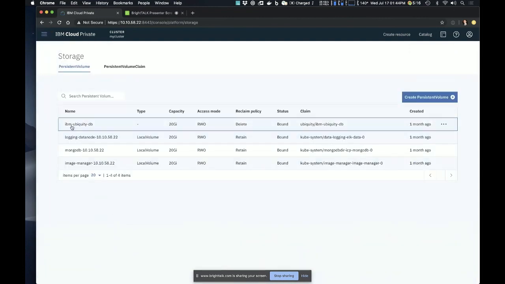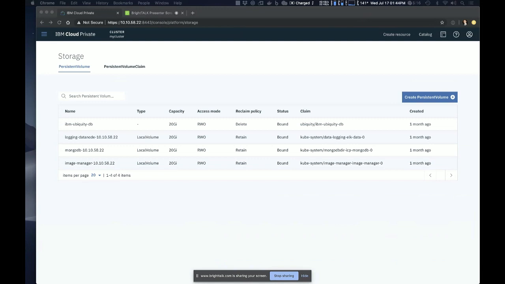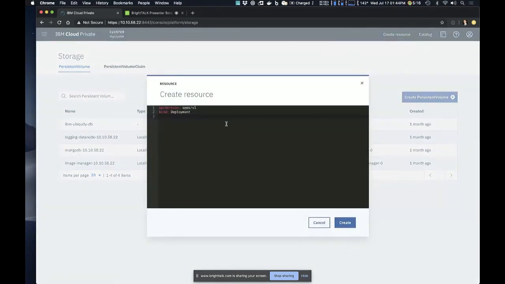I'm going to create a persistent volume for using NFS. So I'm going to go up here to create resource and come down here. Here I'm creating a persistent volume with NFS. It's read write many, it's retain, and it's backed by this path here, on this server, and read only.